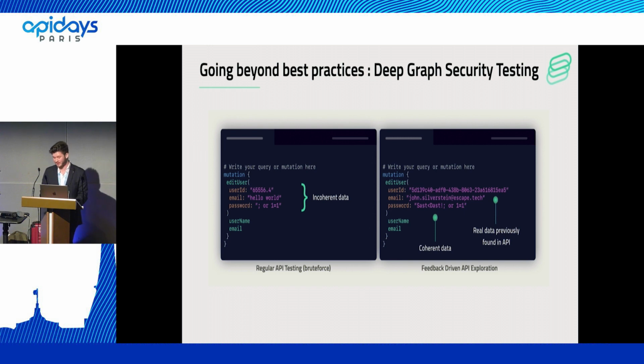So we decided to improve this algorithm and make it so fast to run that it could be integrated into the CI/CD. Now it's possible to start testing the security of your GraphQL endpoint inside of the CI/CD directly, in order to ensure that each new release does not have data leaks, does not have bad practices from a security point of view, and is compliant with the best security standards.